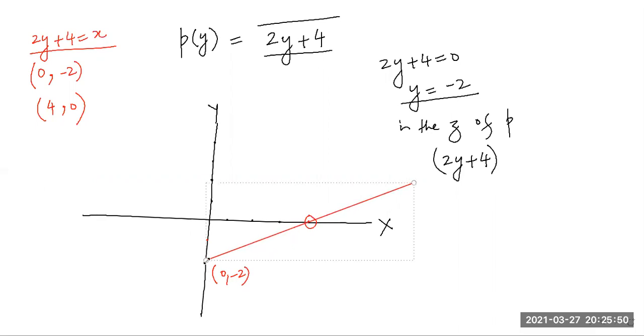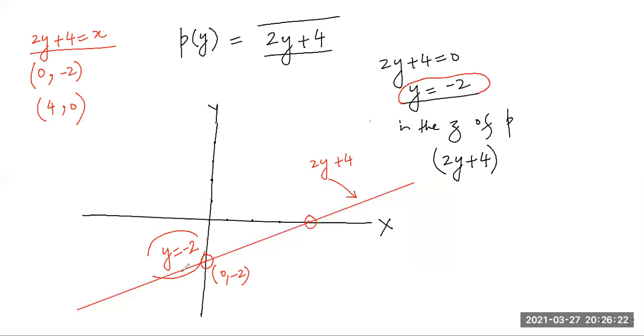You will have something interesting to note here. It's not given in all the books. See, students, here this graph is for the 2y plus 4 polynomial. Is it right? This graph cuts the y-axis at the point y is equal to minus 2. Is this the 0 of this polynomial? Yes, this is the 0 of this polynomial. Another interesting thing out of this, students, you see, this graph also cuts the x-axis at x is equal to 4.